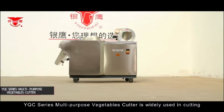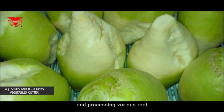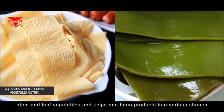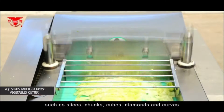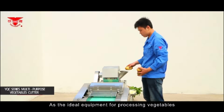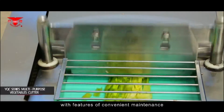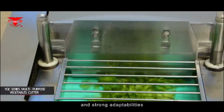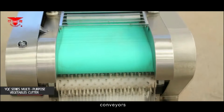YQC series multi-purpose vegetable cutter is widely used in cutting and processing various roots, stem and leaf vegetables, kelps and bean products into various shapes such as slices, chunks, cubes, diamonds, and curves. As the ideal equipment for processing vegetables, the machine is easy to operate with features of convenient maintenance and strong adaptability. The machine is mainly made up of racks, conveyors,